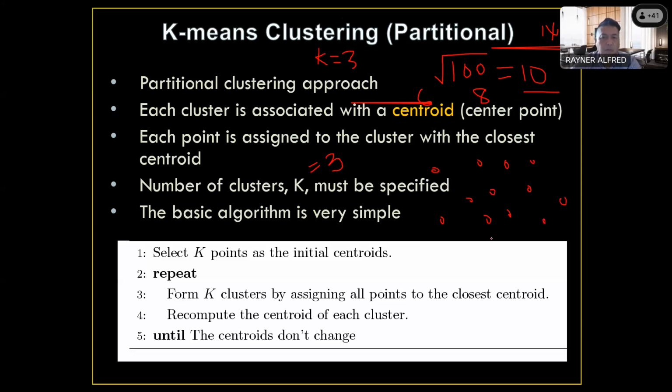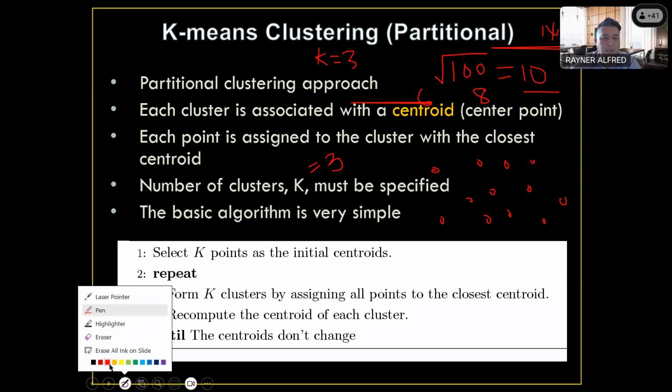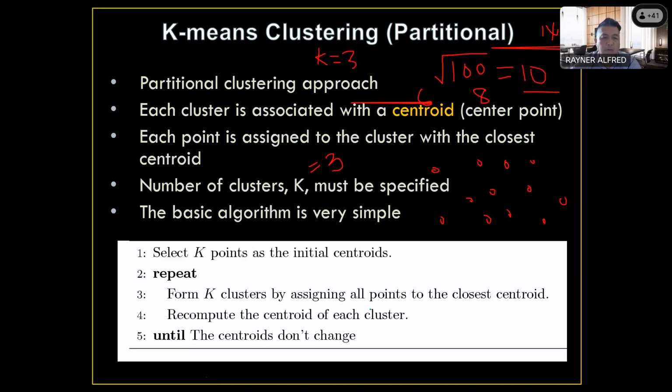So if you want to form 3 clusters, you pick randomly from the data that you have. So you say, okay, I take this one as the center, this one as the center, and this one as the center. So this is the k equal to 3 refer to 3 centers that you will select randomly,